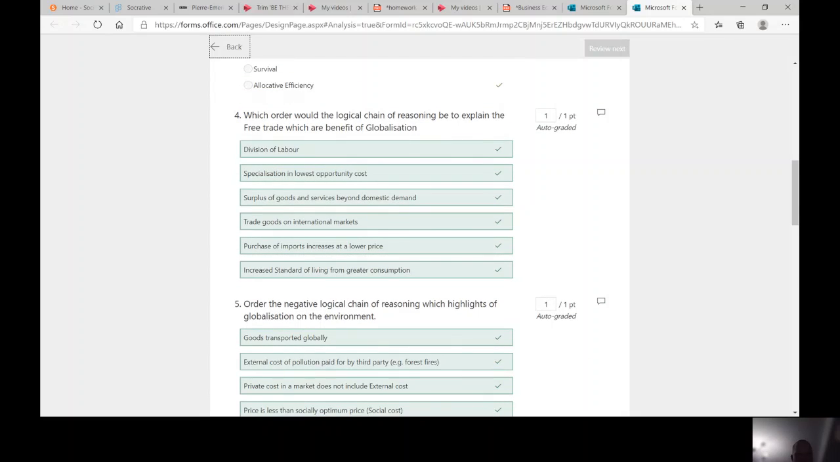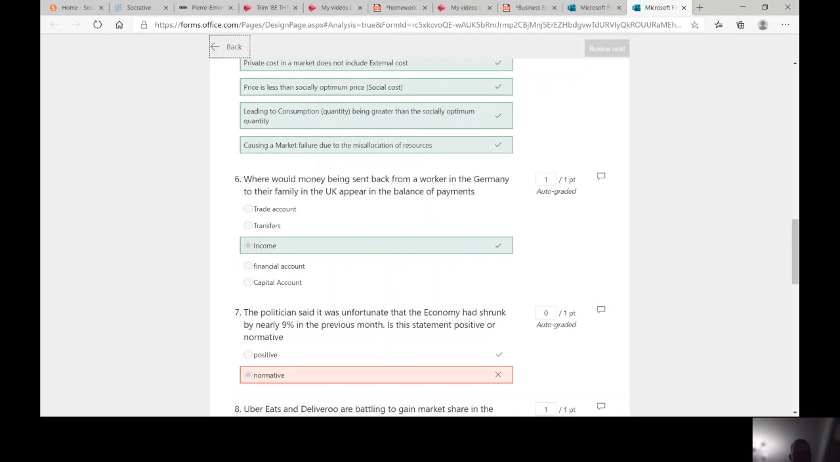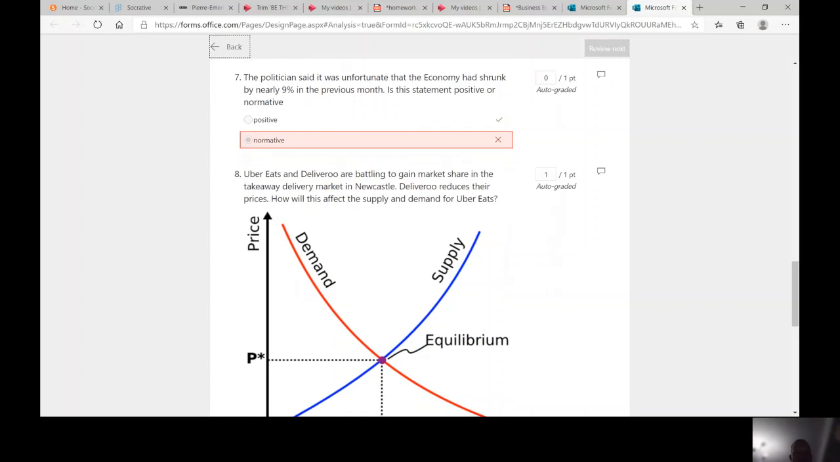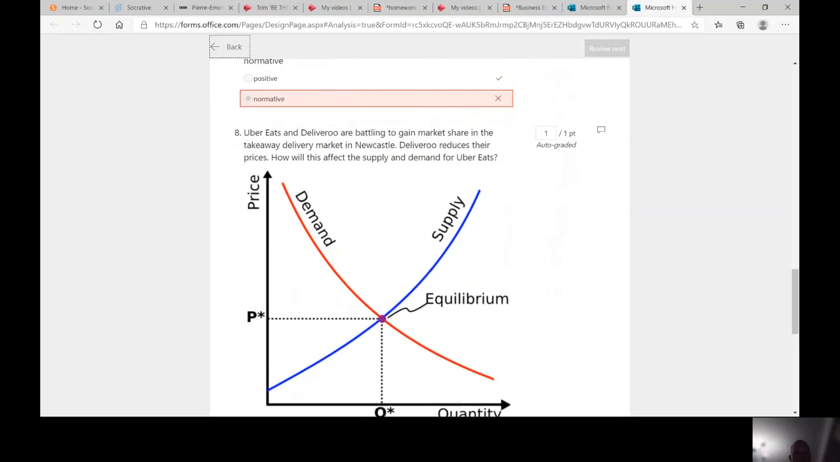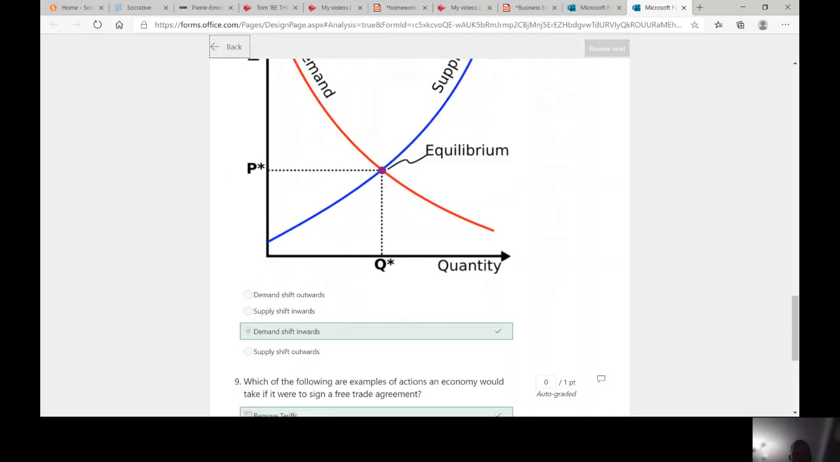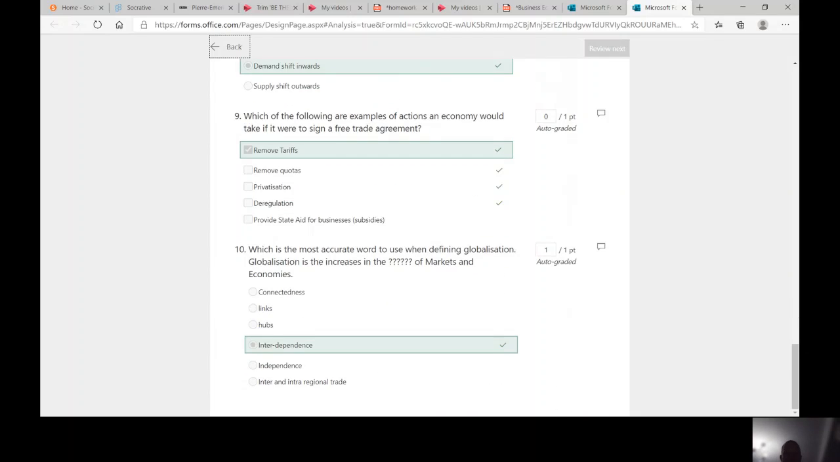Logical chain of reasoning this time are both perfect. Money being sent back, again, that was well done the second time. That was done incorrect the second time. And demand shifting inwards. So the additional 2 questions in the second part, which are the following examples of actions